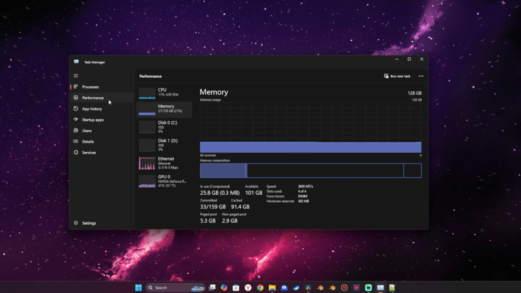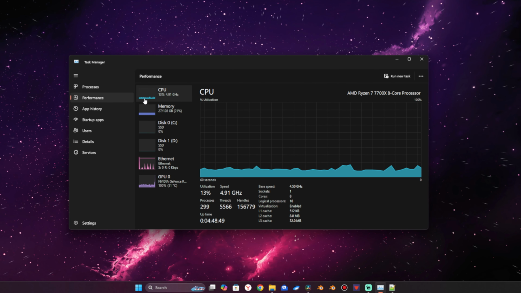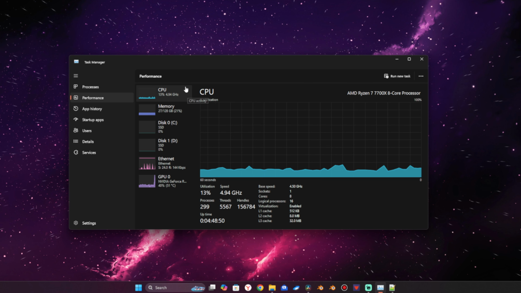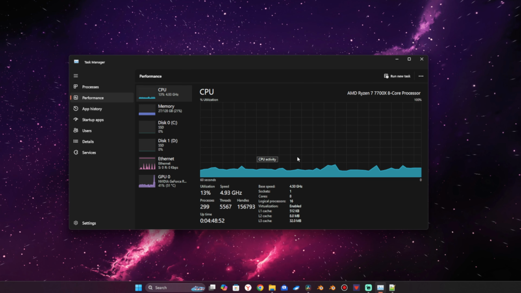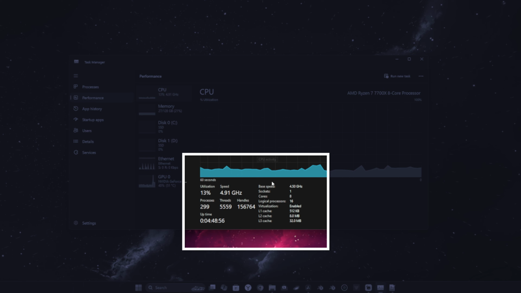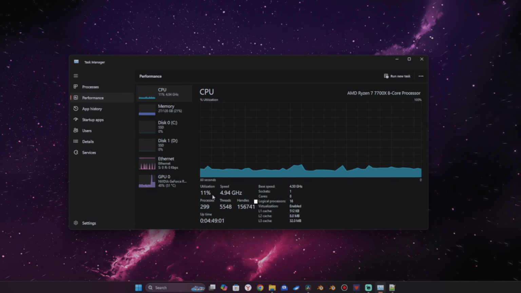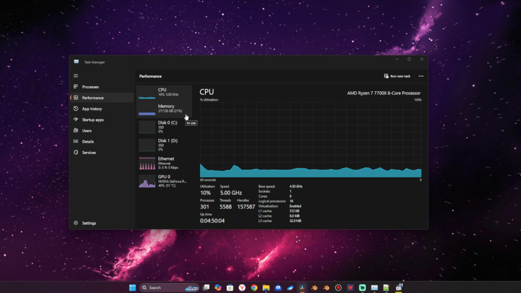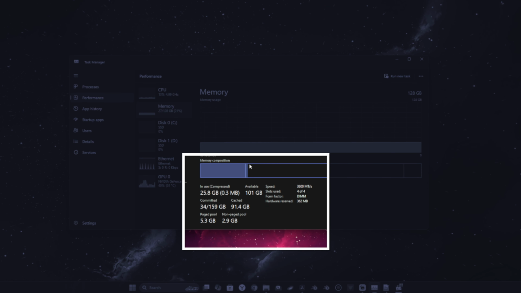The Performance tab helps you analyze your system's overall health. In the CPU section, you'll see how much of your processor's power is being used. If it's consistently near 100%, it may be time to close some resource-heavy apps or consider upgrading your hardware. The Memory section shows how much RAM is in use. If it's maxed out, your computer might slow down because it starts using virtual memory on your hard drive, which